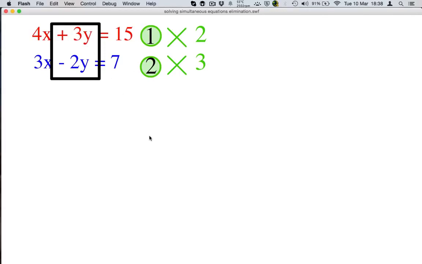So let's multiply these equations. 2 times 4x is 8x. 2 times 3y